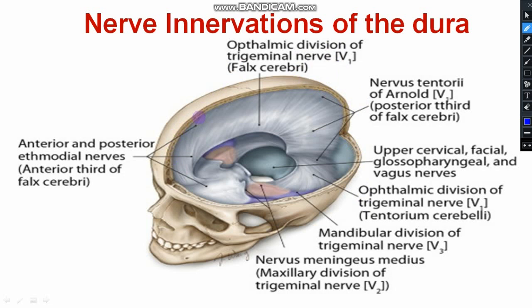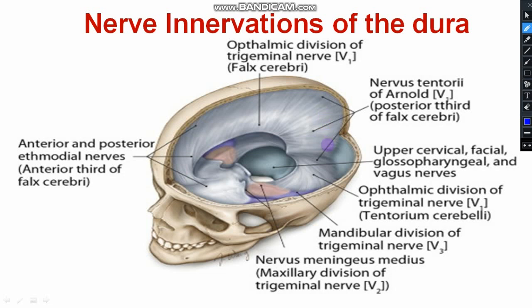Now anteriorly, this falx cerebri is innervated anteriorly by the anterior and posterior ethmoidal nerves, whereas here we see the falx cerebri innervated by the ophthalmic division of the trigeminal nerve, whereas the posterior third of the falx cerebri is innervated by the nervus tentorii of Arnold,